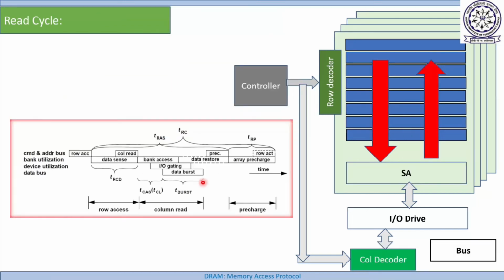Now in this slide, we'll try to understand what is called the read cycle. Suppose there are two accesses you want to perform in a DRAM. The first access is from row 1 and the second access is from row 2. When you perform the first access, the content of row number 1 will be available in the sense amplifier. After this, when you want to access the second row, before the second row, you have to pre-charge the sense amplifier. Otherwise, you cannot activate the second row, right? So this is called a read cycle.